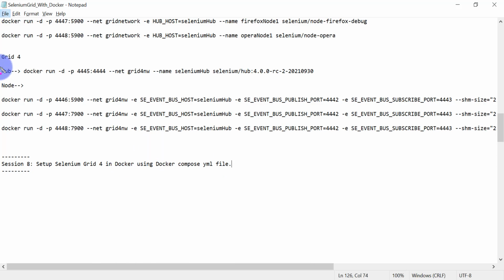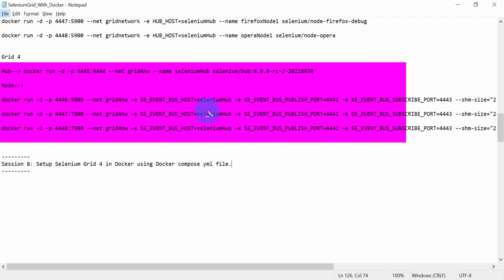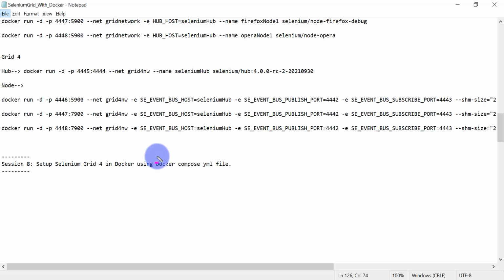Okay, so what happens when you are running these docker commands one by one? First thing is you need to remember all these commands on your own, or if you are working in a team in real-time projects, all the team members will have to remember these commands and run them one by one. So this process is going to take time, and we are humans, we make spelling mistakes, right? So due to that you will also face errors, you need to fix them and run that command again. So instead of this approach, I will show you how you can create and configure this Docker Compose YAML file, so that we will get the same Selenium Grid 4 architecture in the Docker that we got in the previous session by running these Docker commands.